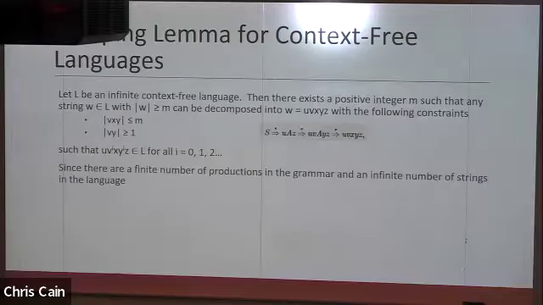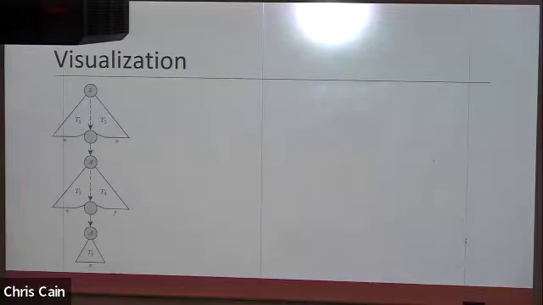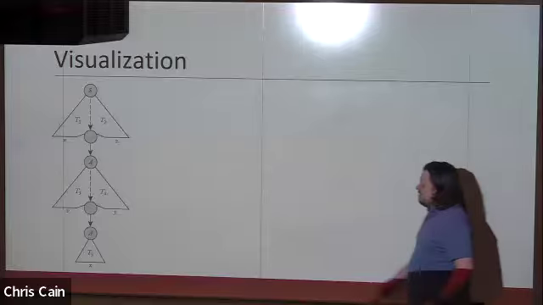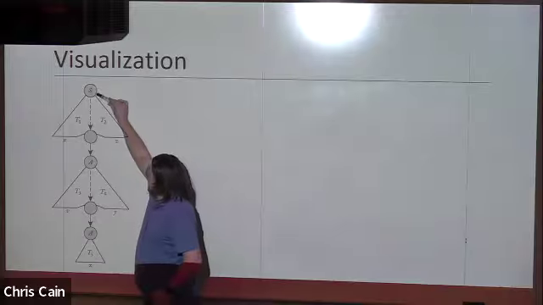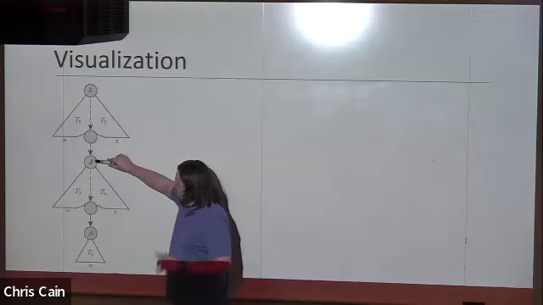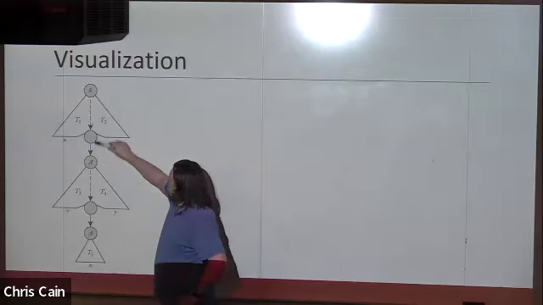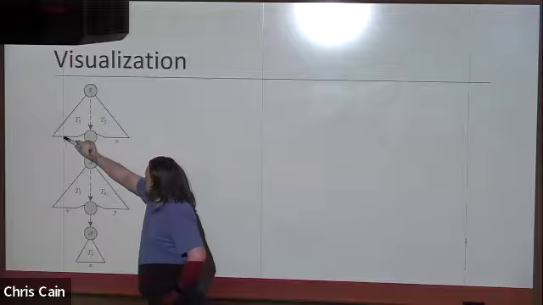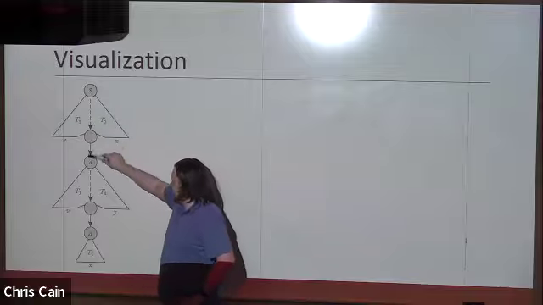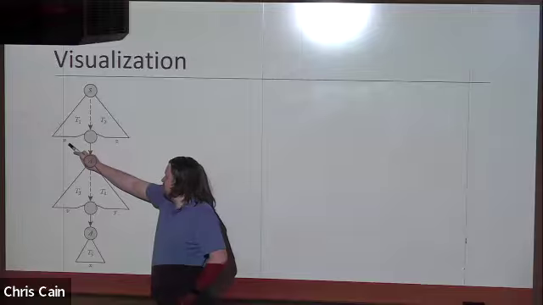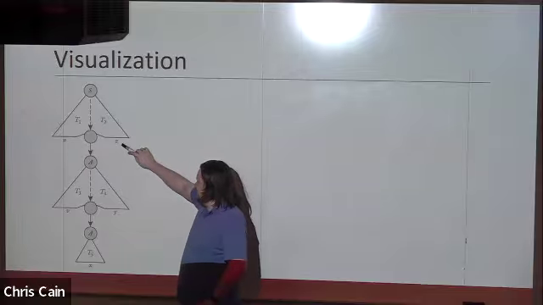So yeah, finite number of productions in the grammar, infinite number of strings in the language. Then there exist derivation trees of arbitrary length in that grammar. Here's the visualizer. We start with our start non-terminal S, and through some number of productions, we reach the beginning of our recursion. As we do this, we've created some terminals on the front and some terminals in the back by the time we reach this. The terminals in the front are the U, the terminals in the back are the Z.